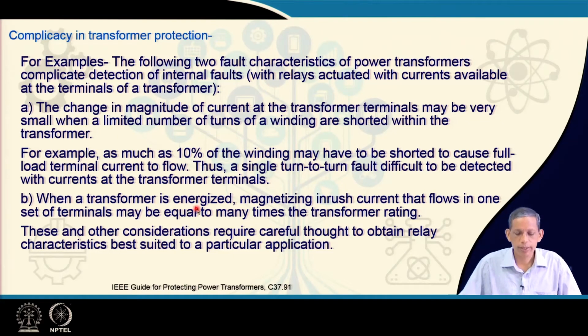When a transformer is energized, magnetic inrush current flows. Or during a fault there is a sudden dip in voltage, and if the fault is removed quickly, then again there is a jump in voltage. In that kind of situation also, transformer inrush is observed. The transformer inrush happens in one side of the winding.